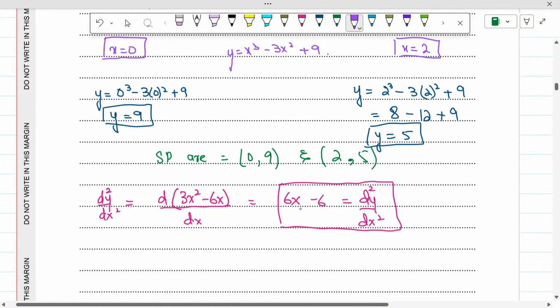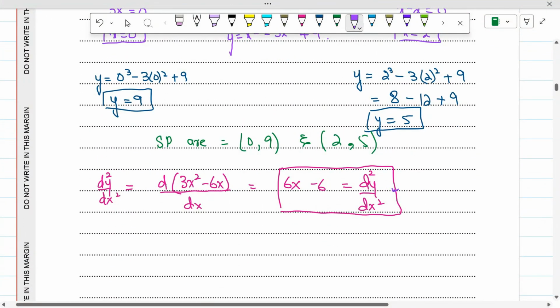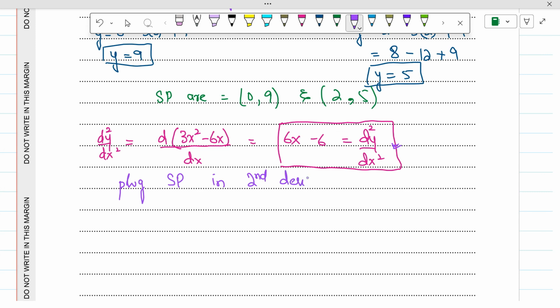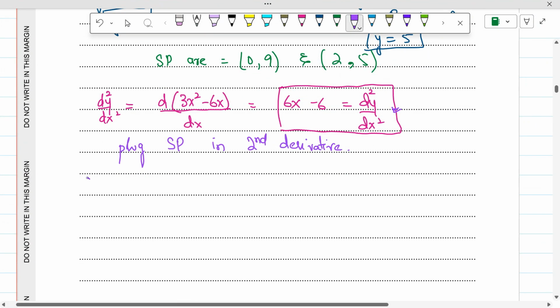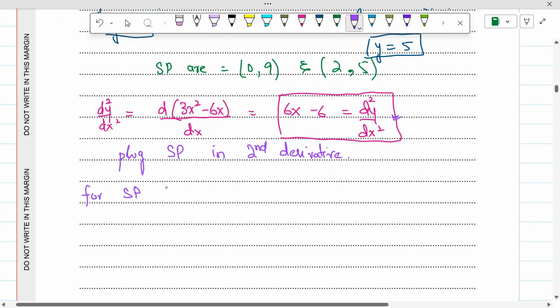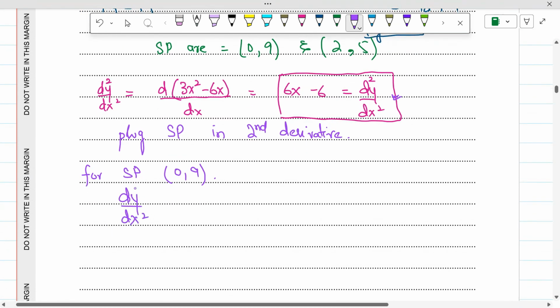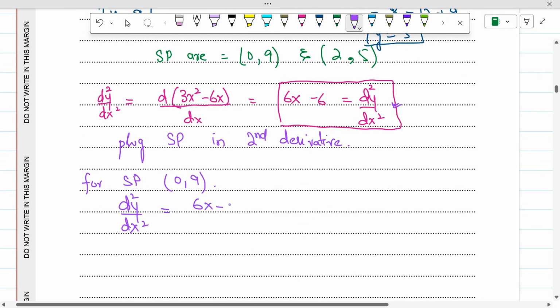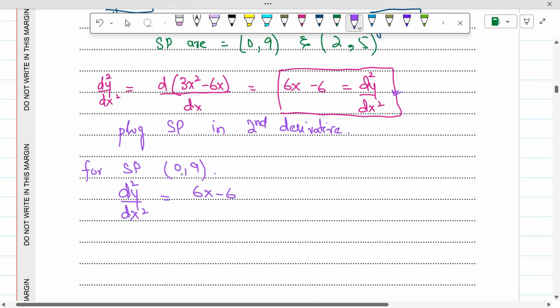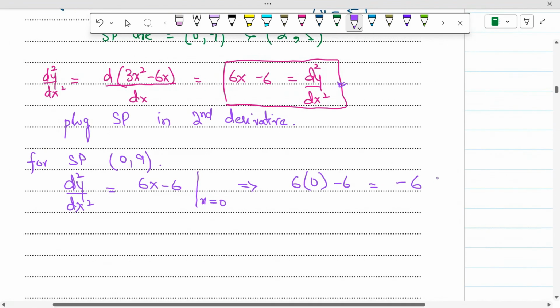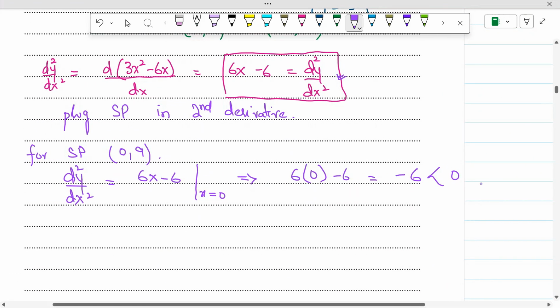Now to find the nature, we will plug the stationary points into the second derivative. So for the stationary point (0, 9), d squared y over dx squared is equal to 6x minus 6. Now plug in the x coordinate of the stationary point, which is 0. So x is equal to 0, and we have 6 times 0 minus 6, which is equal to negative 6, which is less than 0. So the stationary point is a maxima